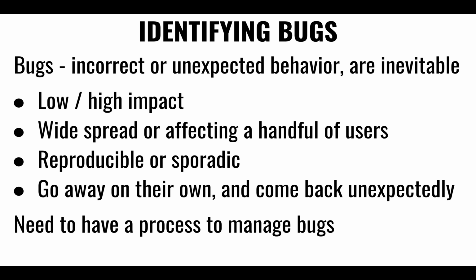So we need to be able to identify these bugs and have enough information for folks to be able to reproduce them. The worst bugs are those that come and go, that misbehave for a moment, and now it's no longer misbehaving. These sporadic bugs come and go, and they fix themselves, and there's nothing for us to fix because we cannot reproduce them. Those are the worst, right?